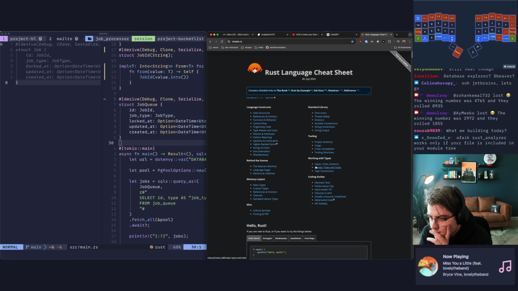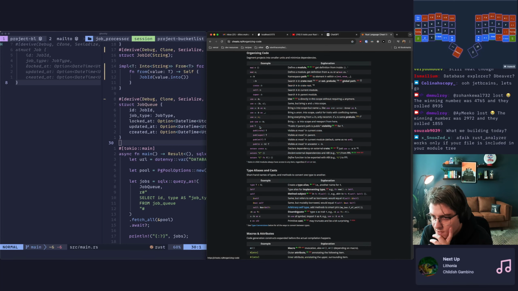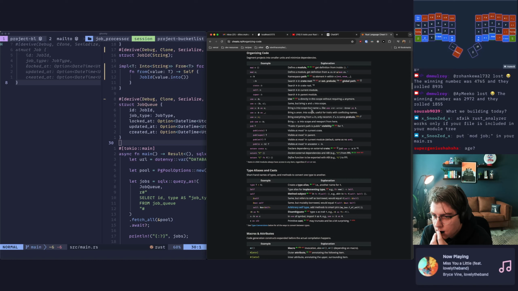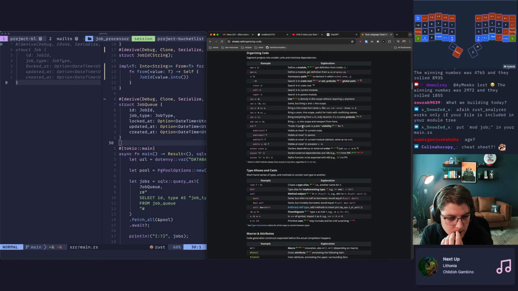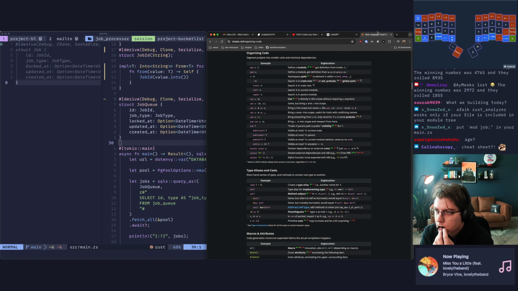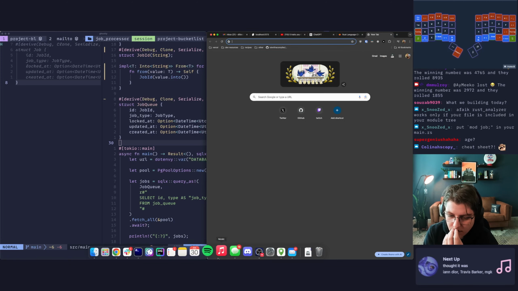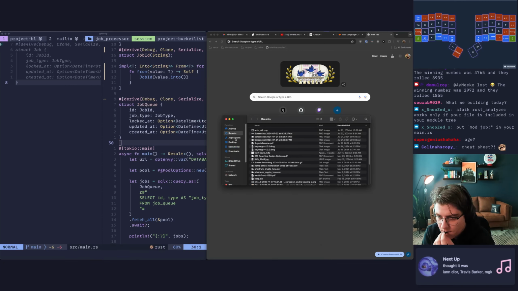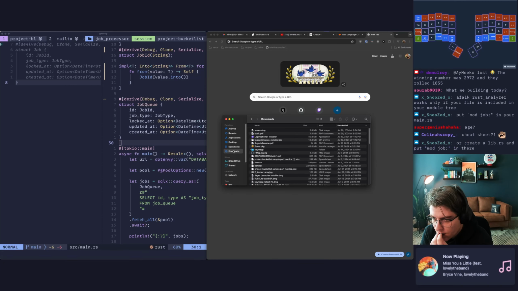I want, where's modules, organizing code. Public. There's another one I had that was better than this. Oh, I think that was a downloaded file, wasn't it? No.